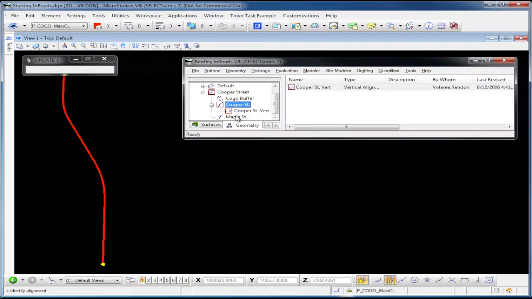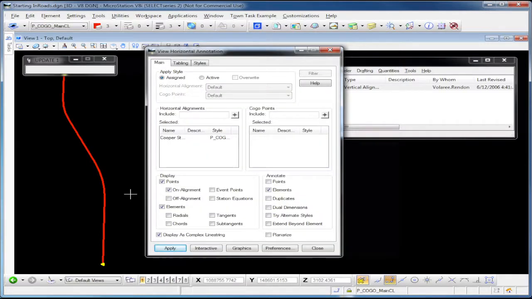So I select that little crosshairs there, and it asks us to identify the alignment. So what I'm going to do is select this with a single left click, and it now wants us to either accept or reject that selection. Accept would be a left click, and reject would be a right click. I'm going to go ahead and left click to accept, and now our dialog pops back up. And with the horizontal alignment selected, see our Cooper Street alignment here in our selected list. We can also check on and off some of the points or elements that we want to display in our annotation. We're going to keep all of these default so that we can take a look at what it looks like. I'm going to hit apply,